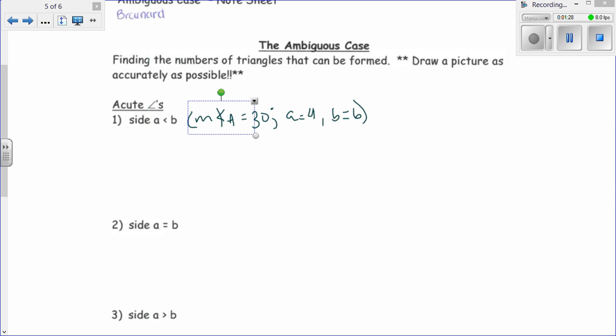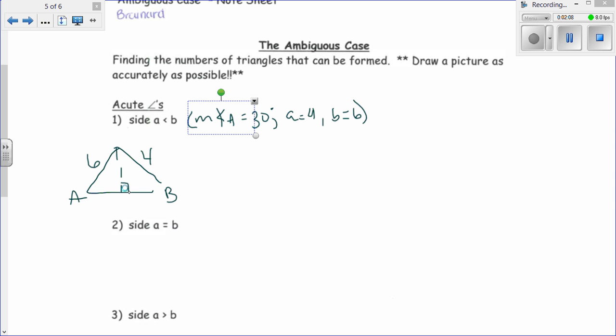So let's draw a picture here. I'm actually not going to close my triangle. I'm not going to make a complete triangle because I don't know if it can actually happen. This is A, this is B. Side A is 4, side B is 6. And I need to know if this length of 4 is long enough that it will connect to the base and form an actual triangle. The only way I can know this is if I actually draw the height of my triangle